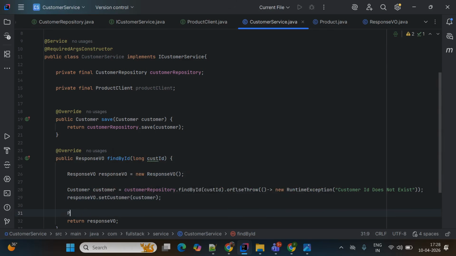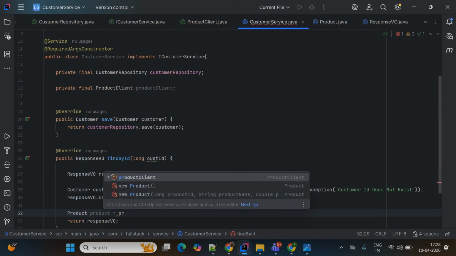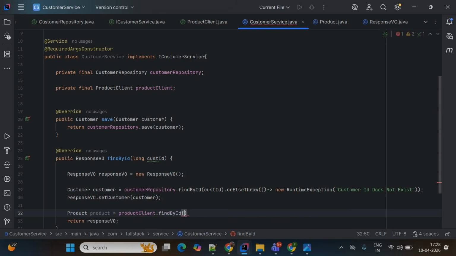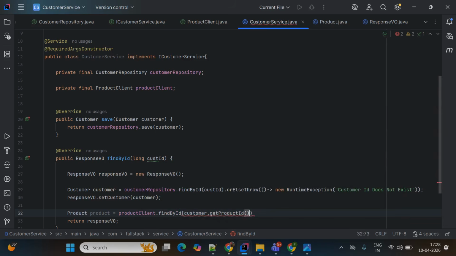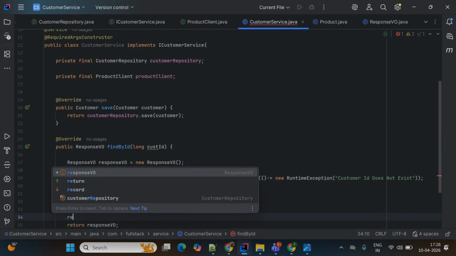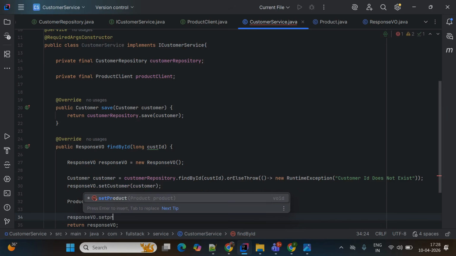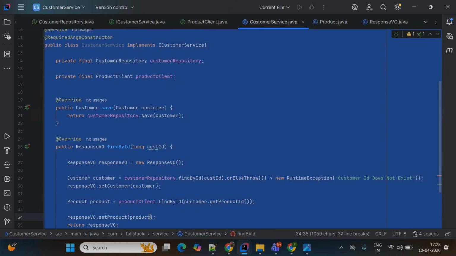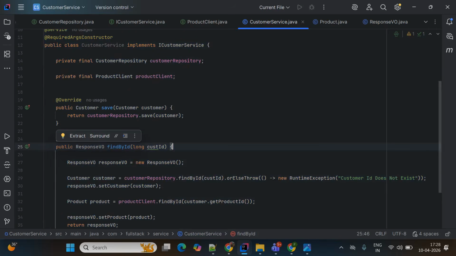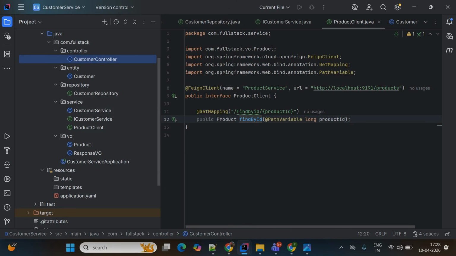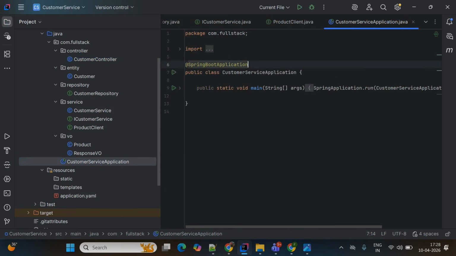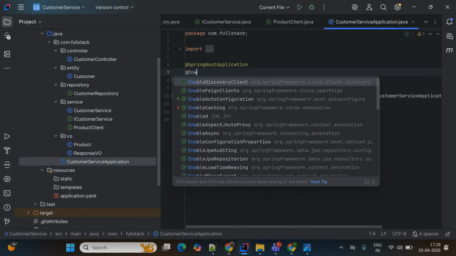Next, we are going to use product as well. Product equal to, you can simply say we have the productClient itself available, findById as a function, and here we have customer. From customer we are getting the product id itself. Then here you can simply use responseView.setProduct. We are going to set the product as well here. In such a way, fast forward, we have implemented the Feign client as well, right? And once we are using Feign clients,